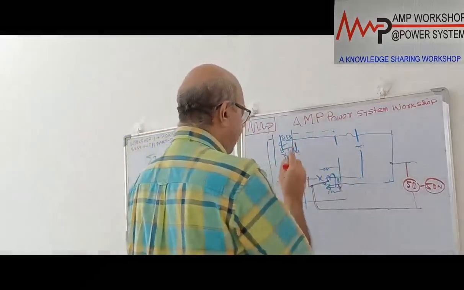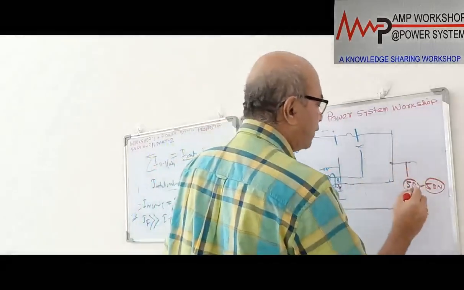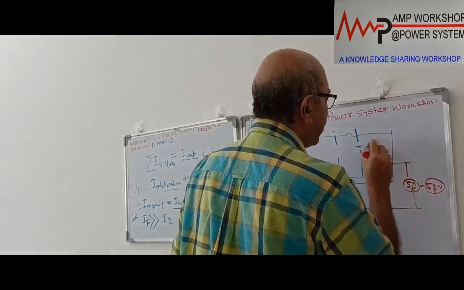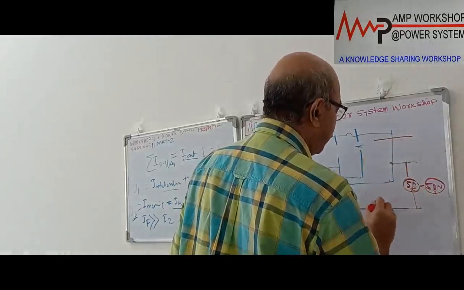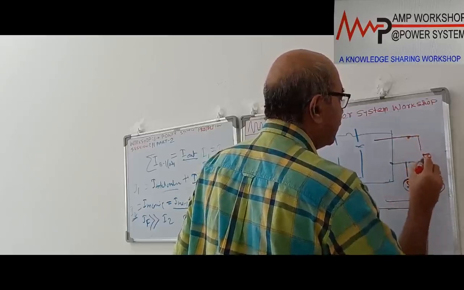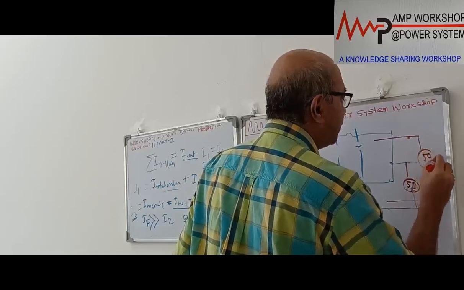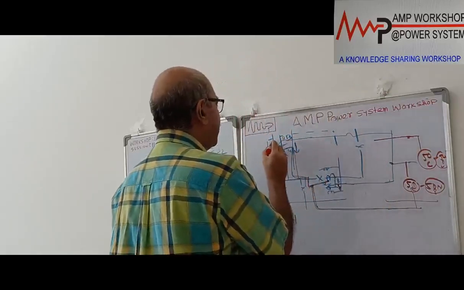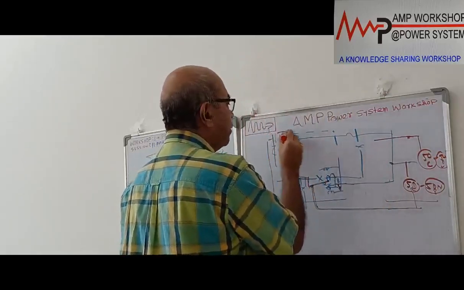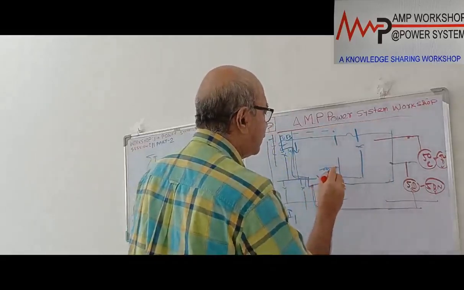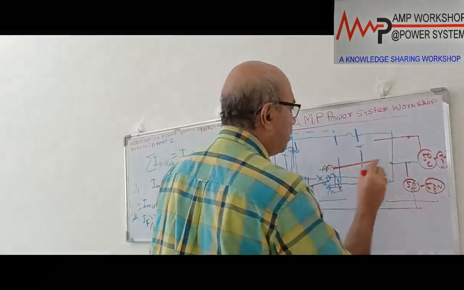Similarly, when you go to the other phase, the other phase relay, suppose this is the B phase. We connect this in the B phase. Similarly for the other phase, two wires will be coming from here and one wire will come from here. Suppose this is a 50C relay and a 50NC relay. Connect over here. Similarly, for the A phase, suppose this is the A phase. This will be coming over here, and this CT is the A phase CT. This will be coming.